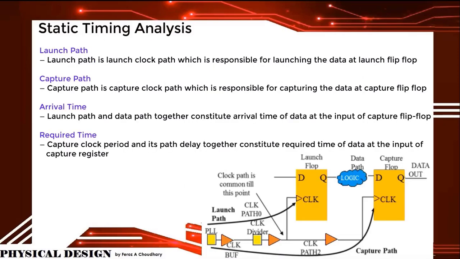Launch path is the launch clock path, which is responsible for launching the data at the launch flip-flop. Capture path is the capture clock path, which is responsible for capturing the data at the capture flip-flop. Arrival time: launch path and data together constitute the arrival time of data at the input of the capture flip-flop. Required time: capture clock period and its path delay together constitute the required time of data at the input of the capture